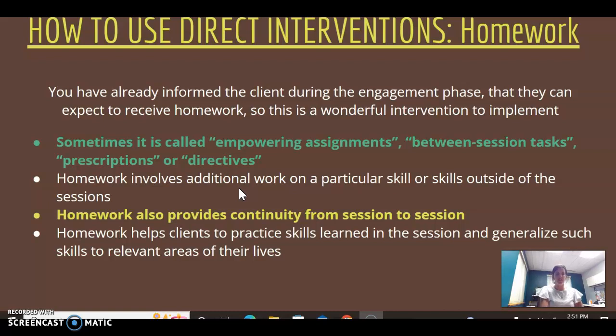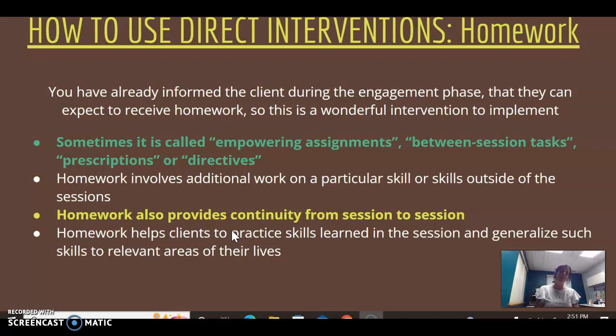It just gives them a chance and some accountability to have to practice the skills that are taught. Homework can also provide really good continuity from session to session because you're going to want to check in with your client's homework at the next session. So it's a good tie-in to reflect like, hey, last week, what was your homework assignment? See if they have a recall of what we talked about. How did that go? And so you're able to kind of tie in and reflect back on the session that